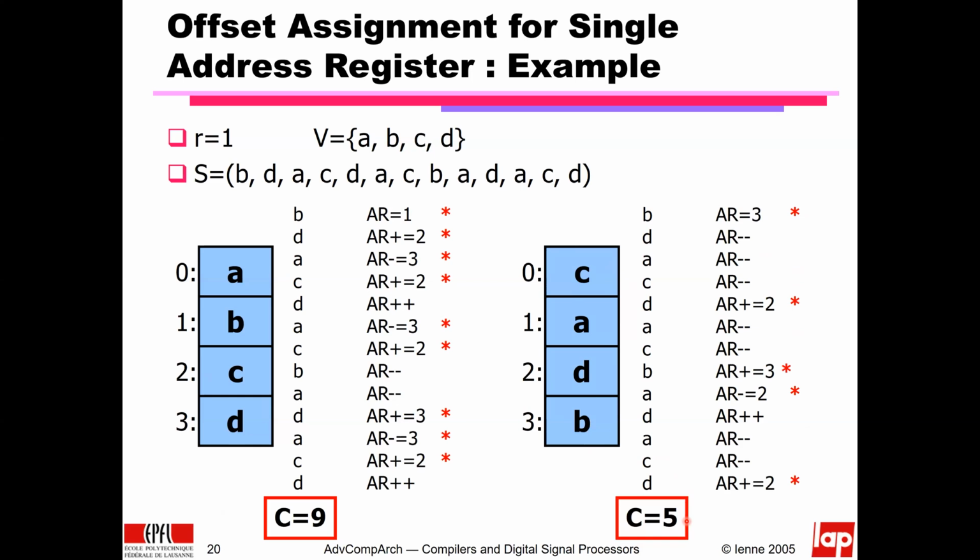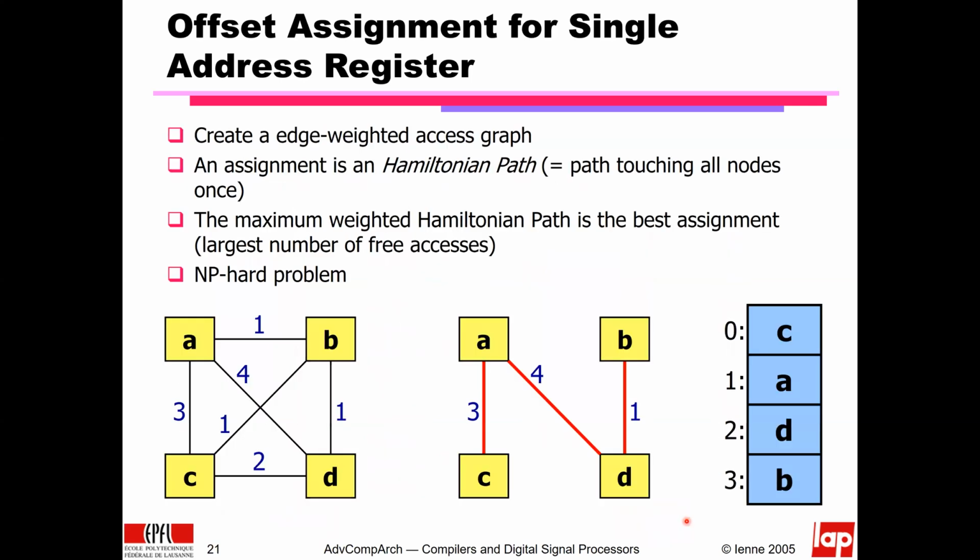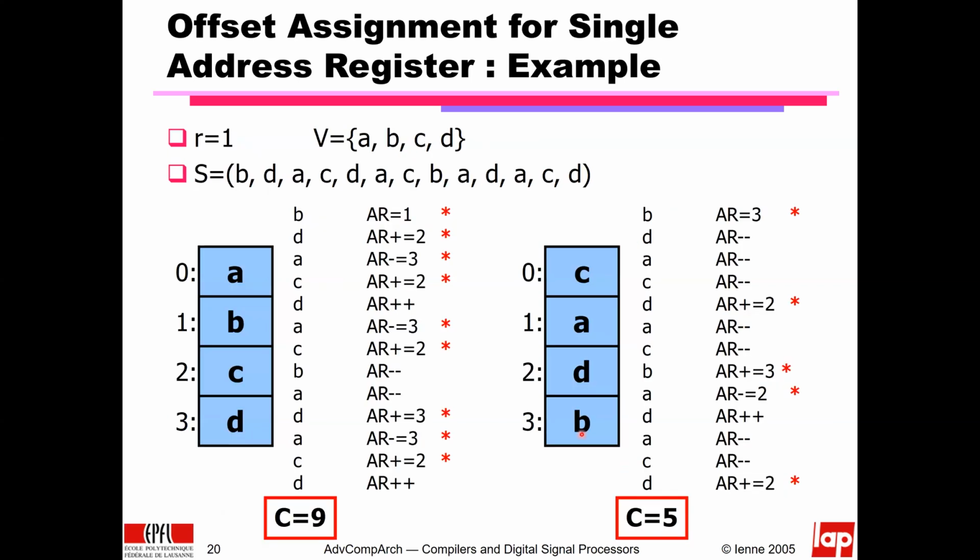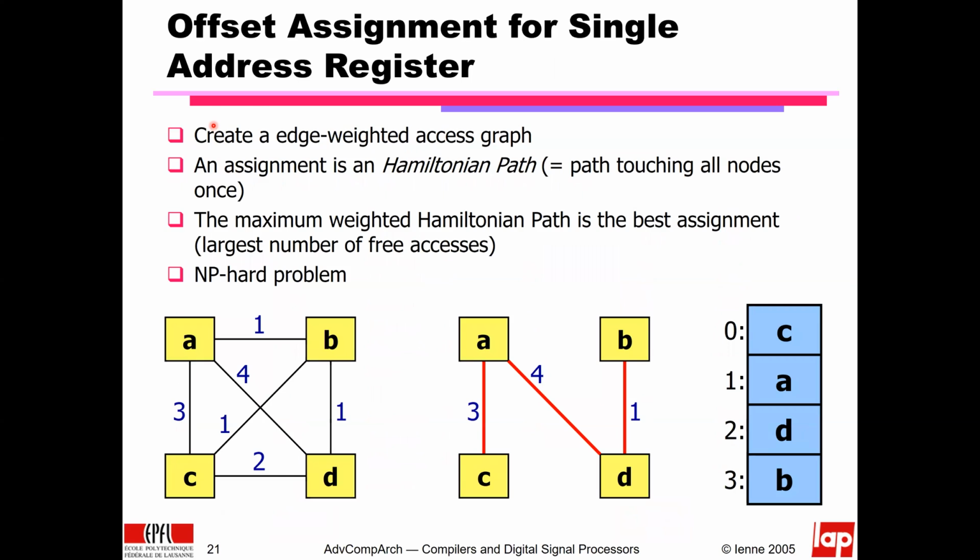Okay, so this is one of the ways people try to use these address generation units when they write code manually, and now you would like to do this also as a compiler optimization. Now, it's not a terribly difficult problem, at least in the simplest formulation, right? If I have exactly the problem that I'm saying here, where I have a single address register, AR, and I can only auto-increment and auto-decrement, what I could do is to capture into what I call an access graph,